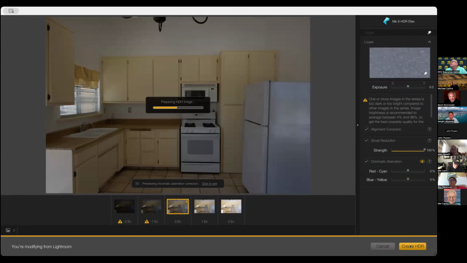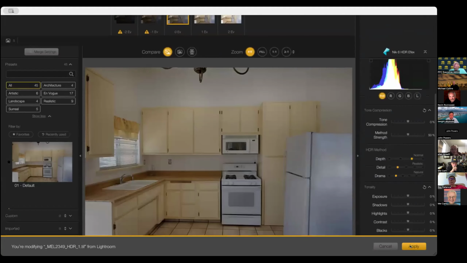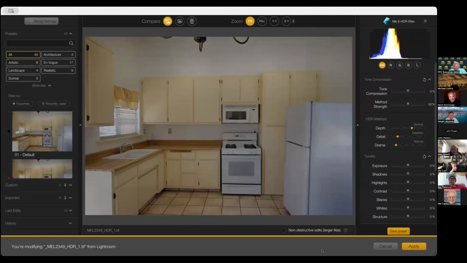Processing. Now these are full-size TIFFs, so they do take a little bit longer. But I mean, considering they're full size. Okay, so now we're into the